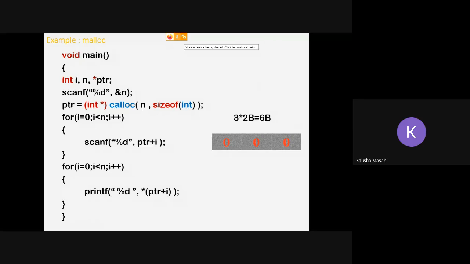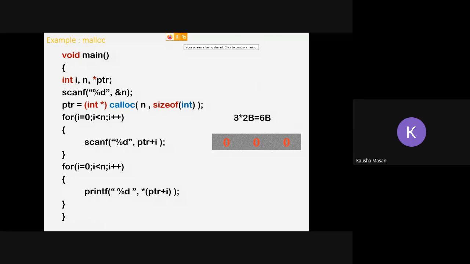But in the case of calloc, it is going to assign multiple memory blocks, not a single memory like from 100 to 116. It is going to assign multiple memory blocks, but ultimately the size will be 6 bytes only. So that is one property of calloc.